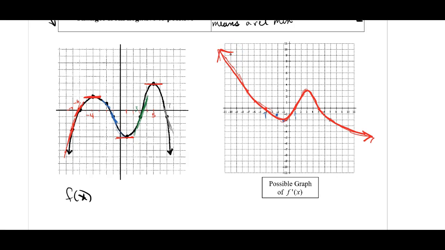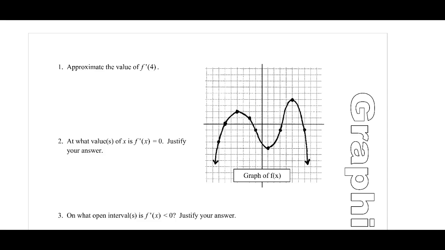Let's look at this in a little bit more depth in the graphical aspect, and what kinds of questions we might be expected to answer on the AP exam. We're given the graph of f of x here, and we're asked to approximate the value of the derivative at f of 4. 1, 2, 3, 4. Now we're not given a point there, and it's not easy to tell. If we were asked to estimate, we might estimate graphically by drawing a line and trying to estimate,